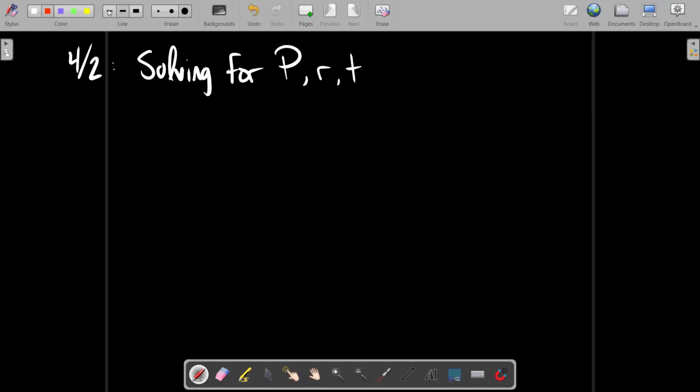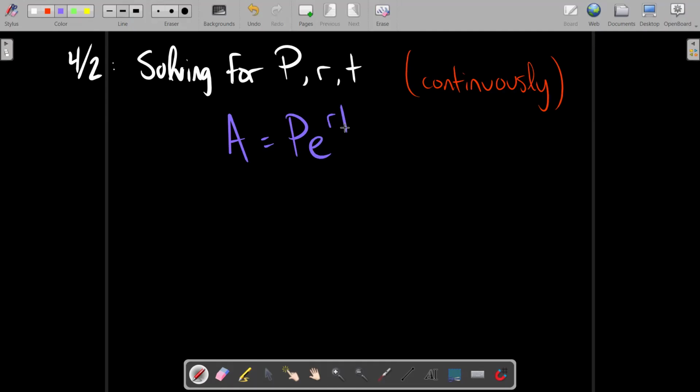The difference between today's lesson and yesterday's is that these notes are only going to contain the continuously compounding. So the formula we're going to use today is A equals PE to the RT, the PERT formula, right? So for our first example, let's have